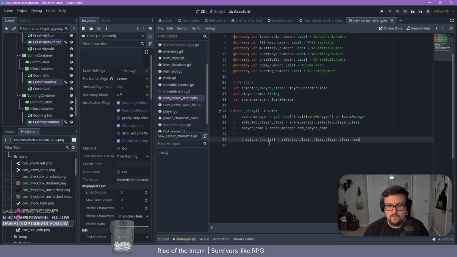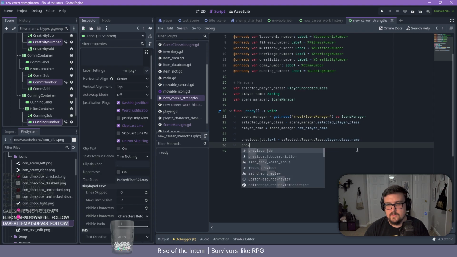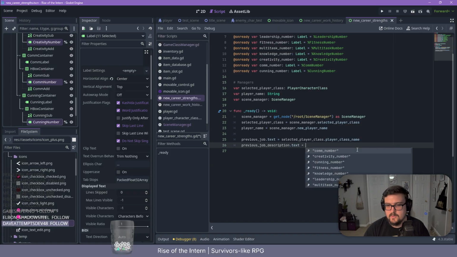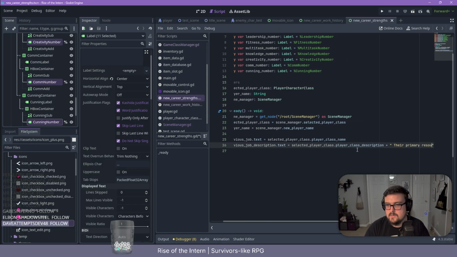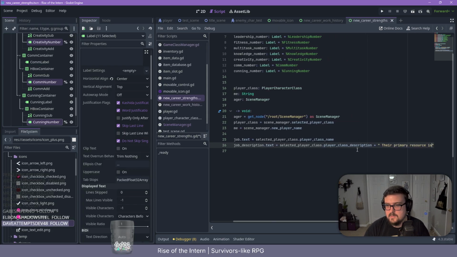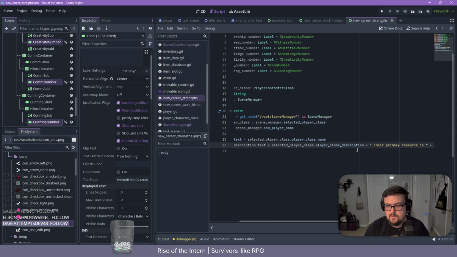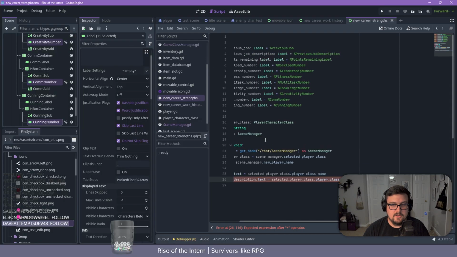I think I can just format it with a sentence. So we can do previous job description dot text. We can do selected player class dot class description plus primary resource is, we could do plus